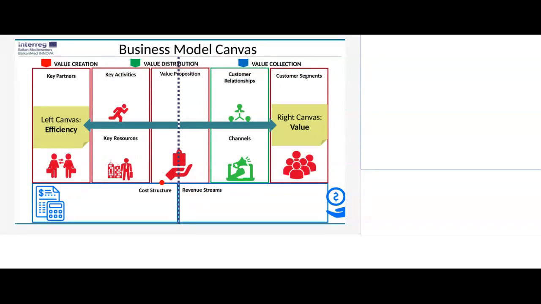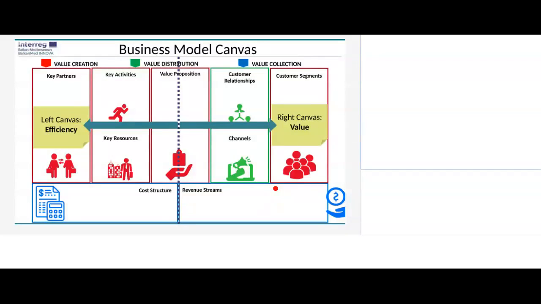In order to minimize the business model canvas even more, we can do the following. We can split the business model canvas into 2 parts in order to optimize it. The right canvas addresses value. The left canvas addresses efficiency of the business model. So when you change things on the right side of the canvas, which includes the value proposition, customer relationship, channels, segments, and revenue streams,